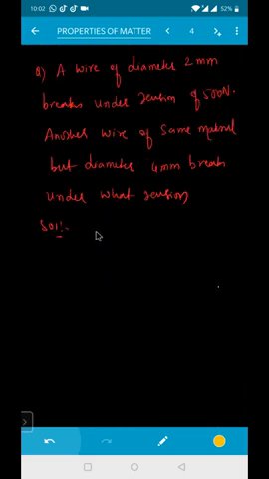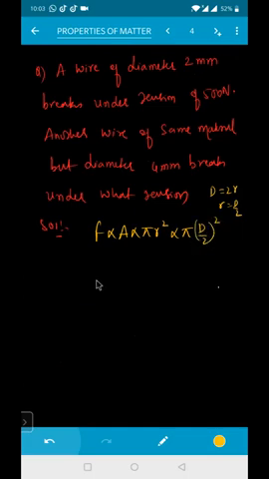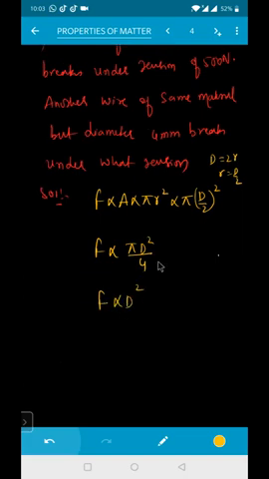So I told you that breaking force is directly proportional to area. Area is proportional to what? Pi into r square. Isn't it? R will be equal to how much, beta? Diameter is 2 times of your r, so r will be equal to d by 2. This will be equal to pi into d by 2 whole square. That means force is proportional to pi into d square divided by 4. Pi is constant, 4 is a constant. So force is directly proportional to what? To d square. Good.